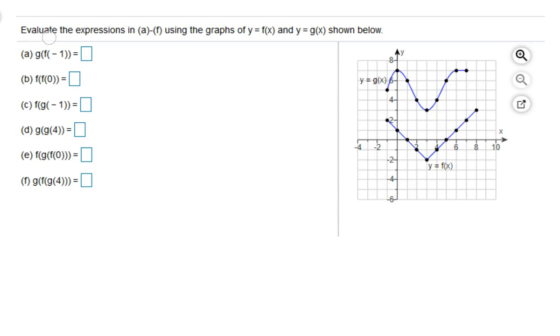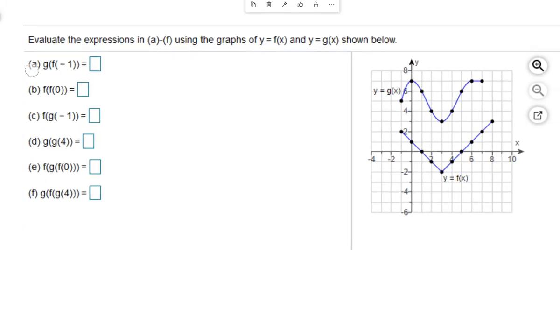This example says evaluate the expressions in A through F using the graphs y equals f of x and y equals g of x shown below. So we have two graphs. This one's labeled g of x, and this one's labeled f of x, and we're supposed to use these to help us answer the questions that are over here. So if we take a look,